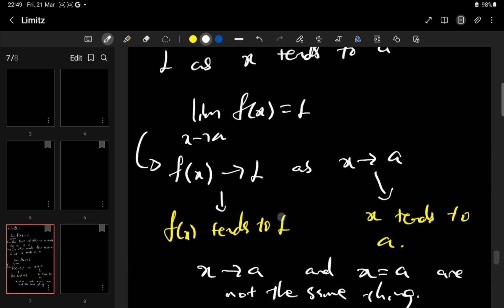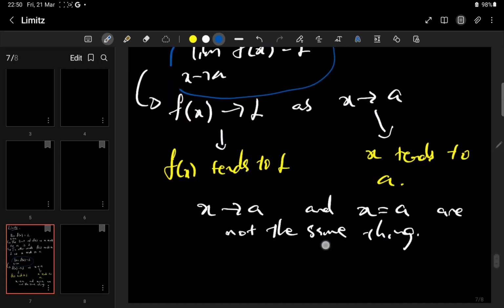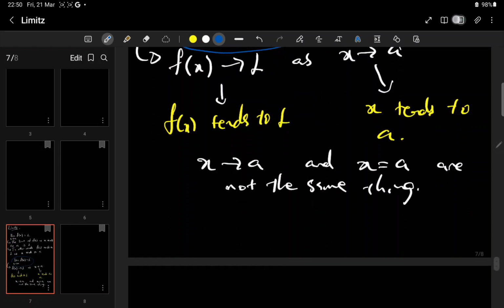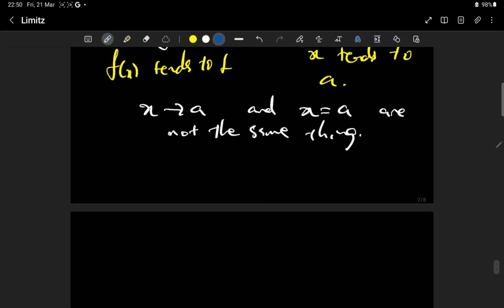So obviously, if you want to evaluate this limit here, we evaluate it based on what x tends to. And I'm going to do maybe an example just to show you what I mean by that. So when we say x tends to a like this, what we mean is that x gets closer and closer